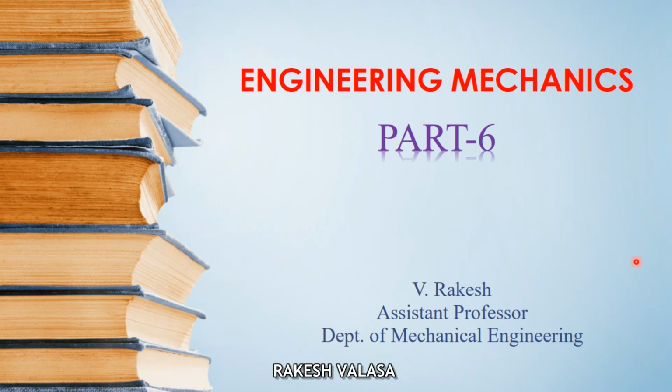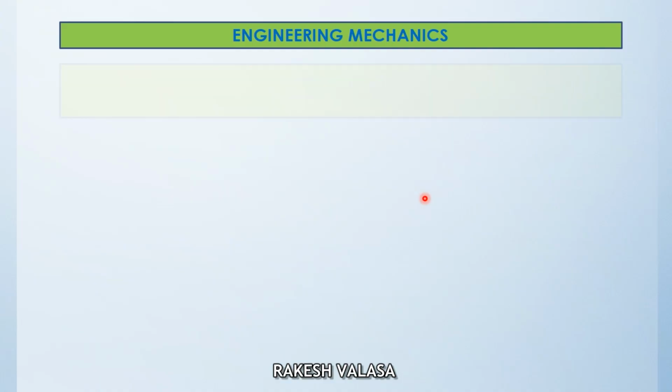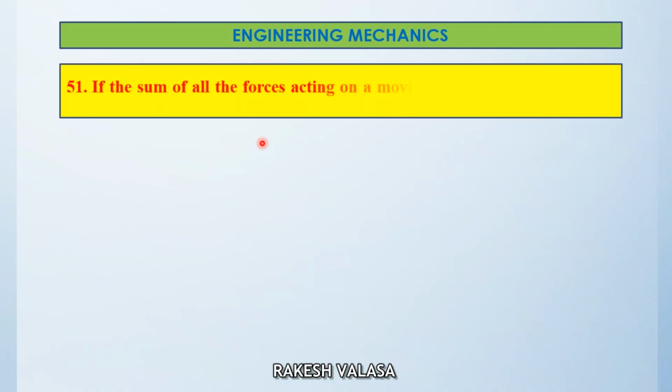Most important quiz questions on engineering mechanics for competitive exams, part 6. Question number 51. If the sum of all the forces acting on a moving object is 0, the object will